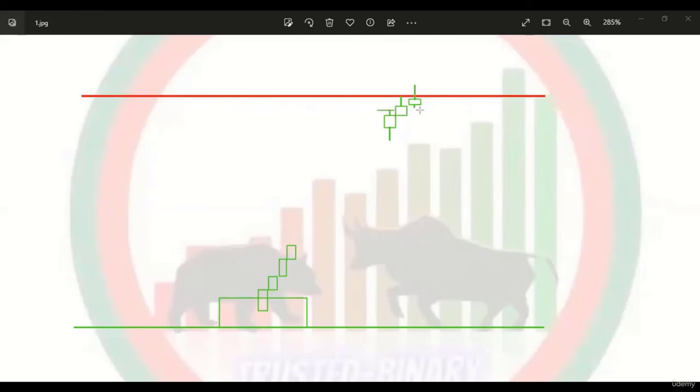So this is the rejection point, and that is the market resistance level. There is no other resistance level, that's why we have to take that point as a resistance level. Now this is another rejection point. So here, if we take this condition,